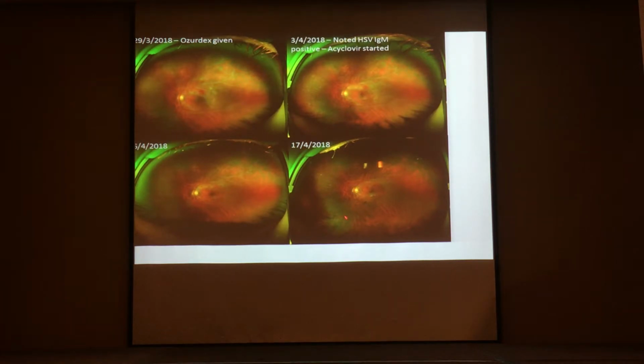But the other thing that happened is that when I went back to the photos, I began to realize that there were nasal lesions. Even in March, they were already there, and they are in the opposite eye. PVRL is known to present as